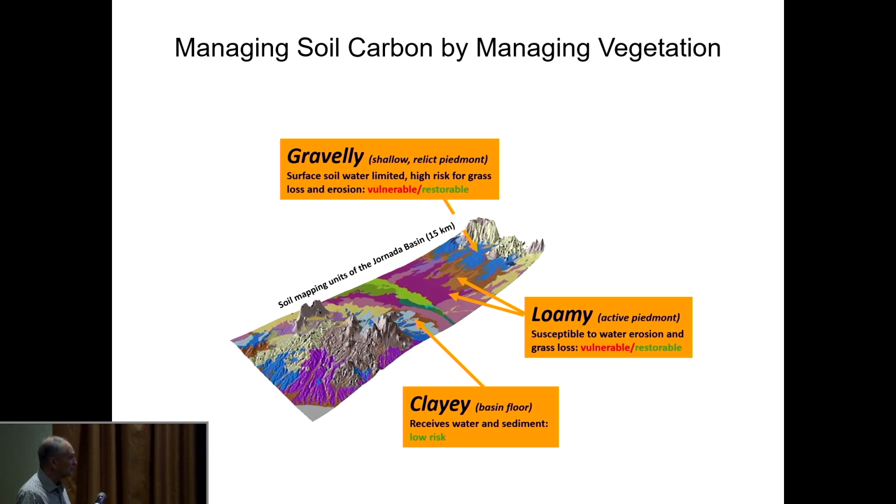This is kind of a sample landscape. If you're familiar with the Jornada and the College Ranch, there's the Doñas, there's the Organs. Here's the Jornada Basin in between. We start out on these higher slopes up here that are gravelly soils. These intermediate slopes are loamy soils, and we get down to the clay soils, high clay content, high run-on. The problem is we have to manage all this together, especially when we're using livestock. Many times our management units include all of this stuff.